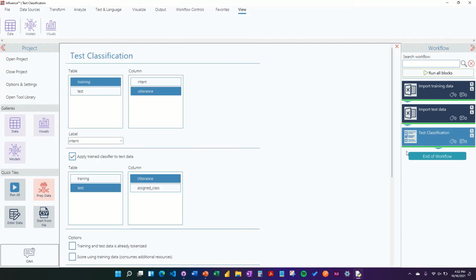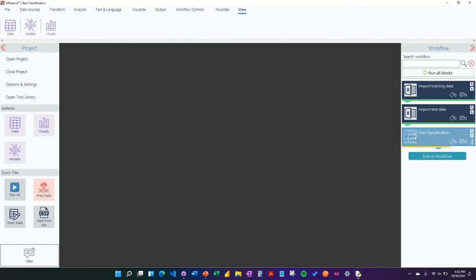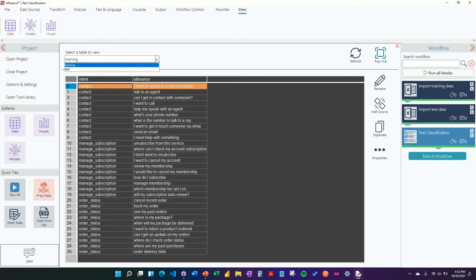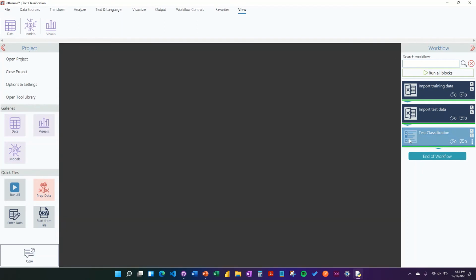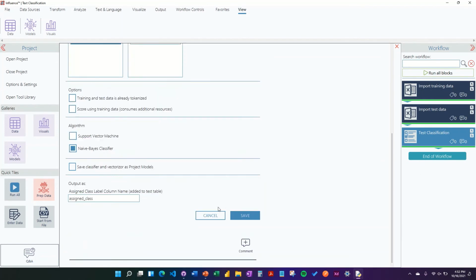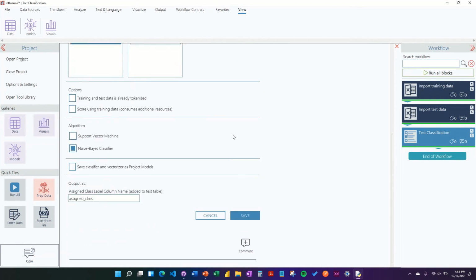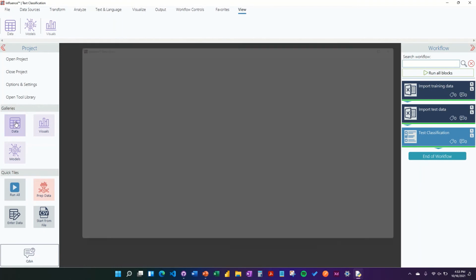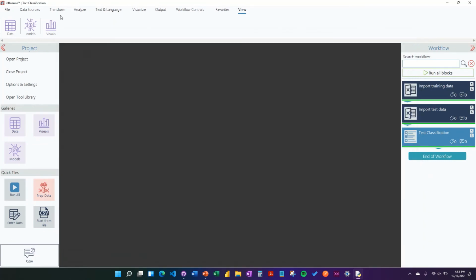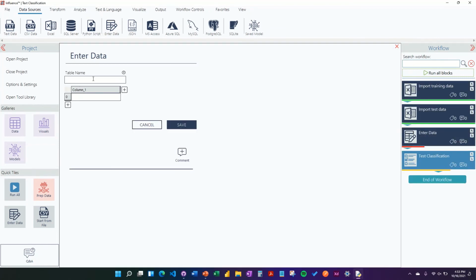Great, so that basically wraps up how to achieve this. What we can do now is pop back in here and switch to a different algorithm. I'll try the naive Bayes algorithm here. Rerun this, and let's make sure that we're still happy with the results. Looks like nothing changed here, no surprise. Now, so we can verify that this is really using that model to score, I can go to data sources and say enter data, and I'll drop it above here, and I can create a new